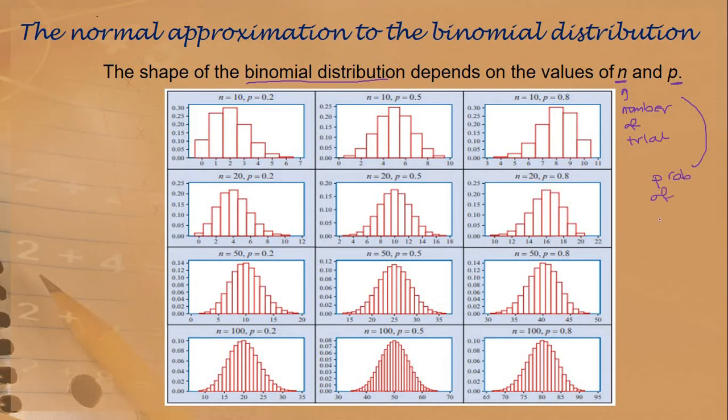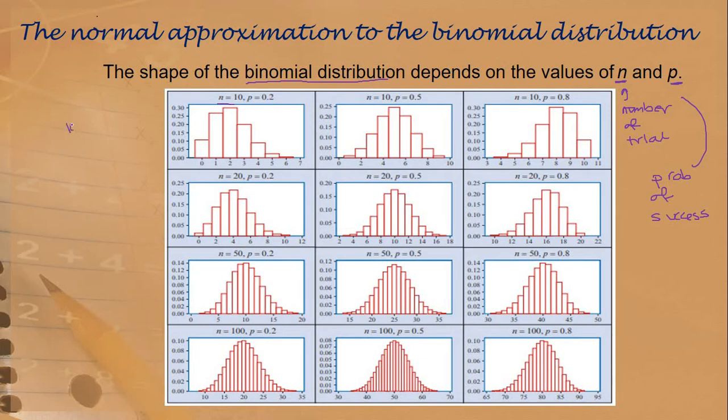If we have a look at these pictures, in this first one n is 10, so we've done 10 trials, and the probability of success is 0.2. If I work out the expected number of successes here, 10 times 0.2,